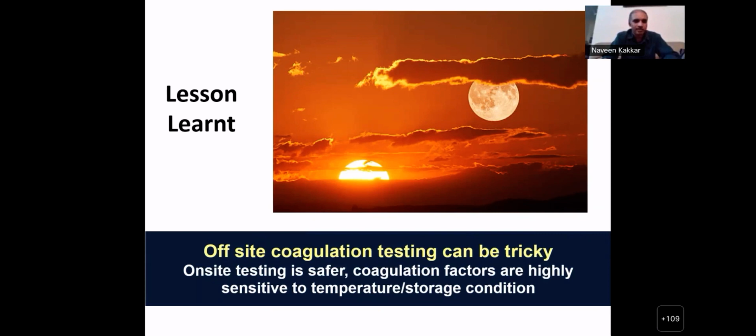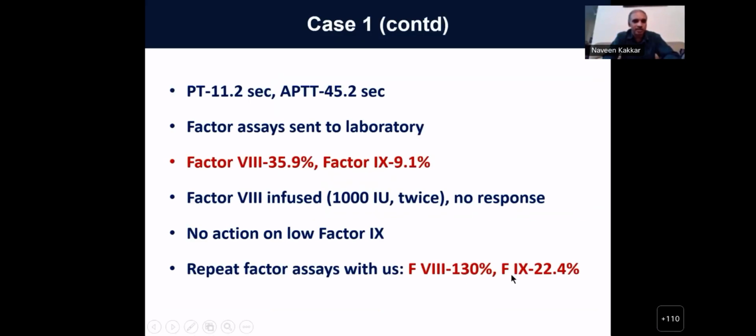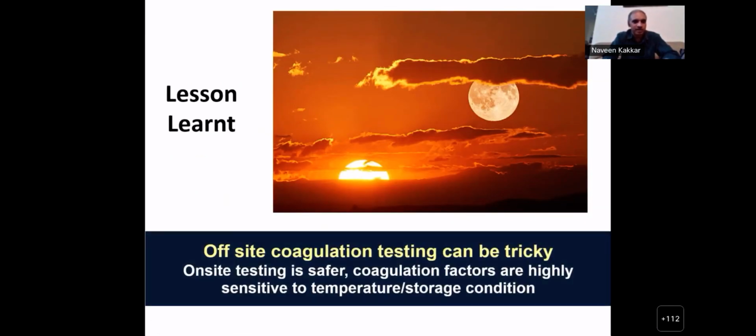So actually, if you go back here, he had a mild factor 9 deficiency and bled because of that. He required either a factor 9 concentrate or an FFP. Factor 8 was not required. So pre-analytical variables are very, very important. Off-site testing can be very tricky. It's good if you have the patient with you and you have control over the sensitivity to temperature and storage